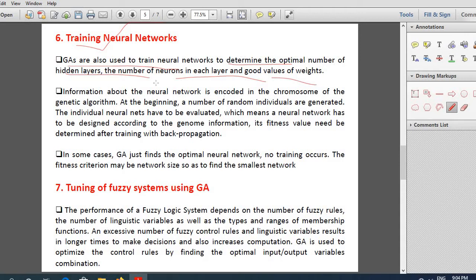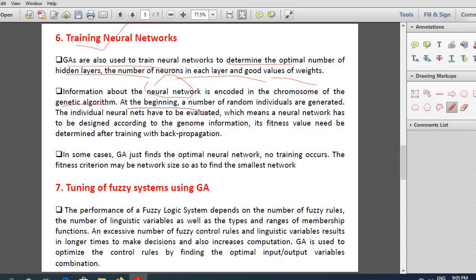So what usually happens is that the information regarding the neural network, that is the number of hidden layers, the number of neurons in each layer, weights, etc. will be encoded in the chromosome of the genetic algorithm. So each solution or each individual in GA will be a representation of a neural network.